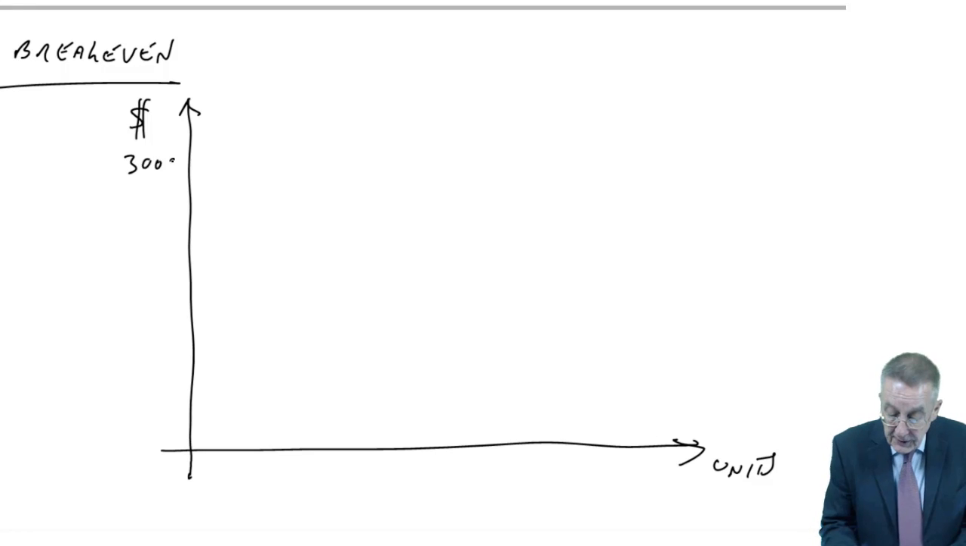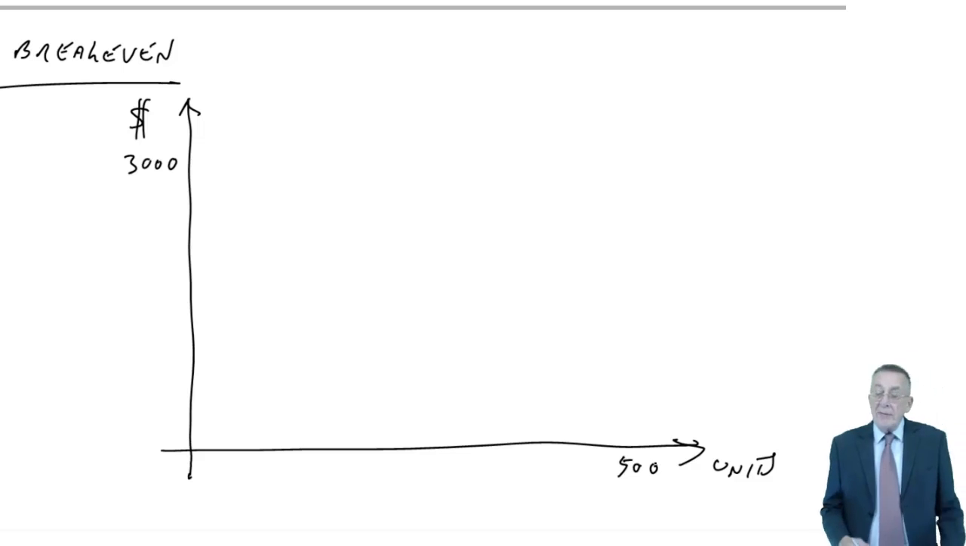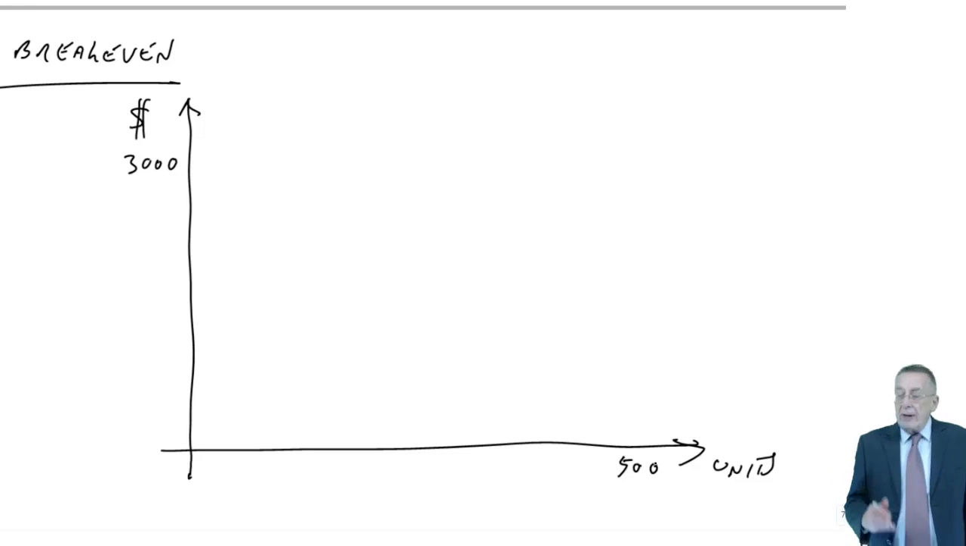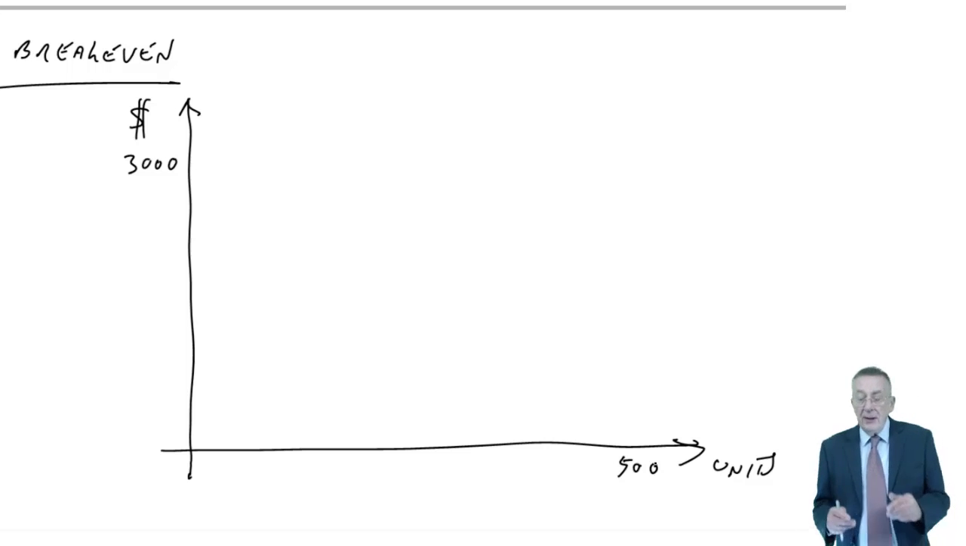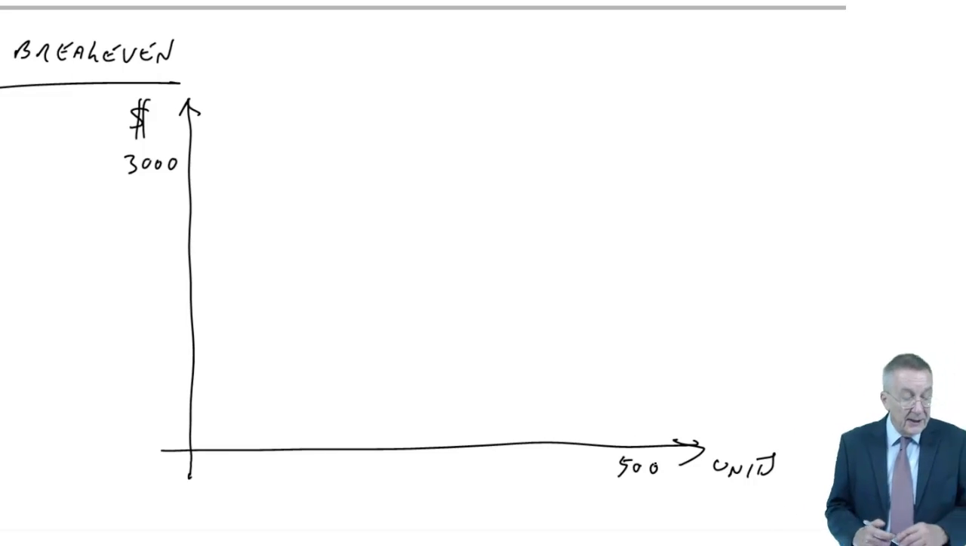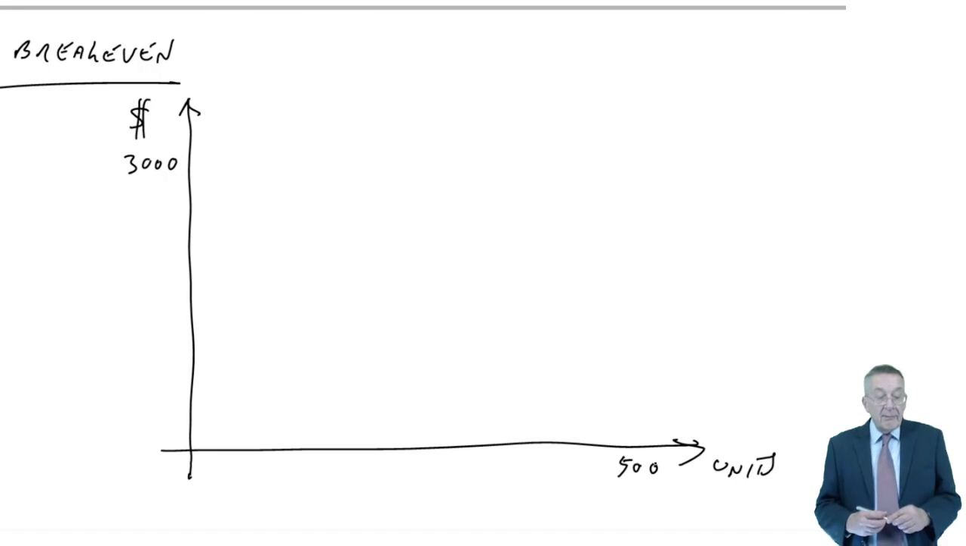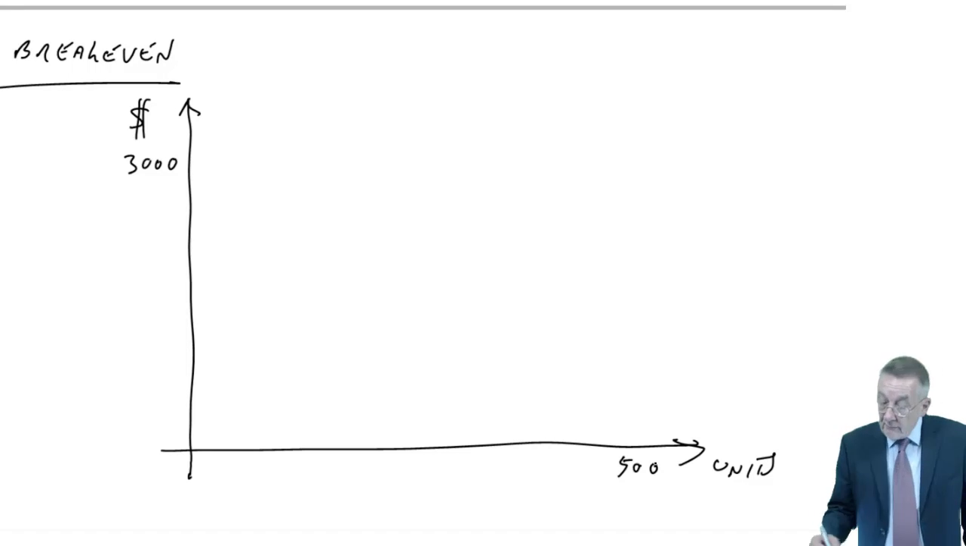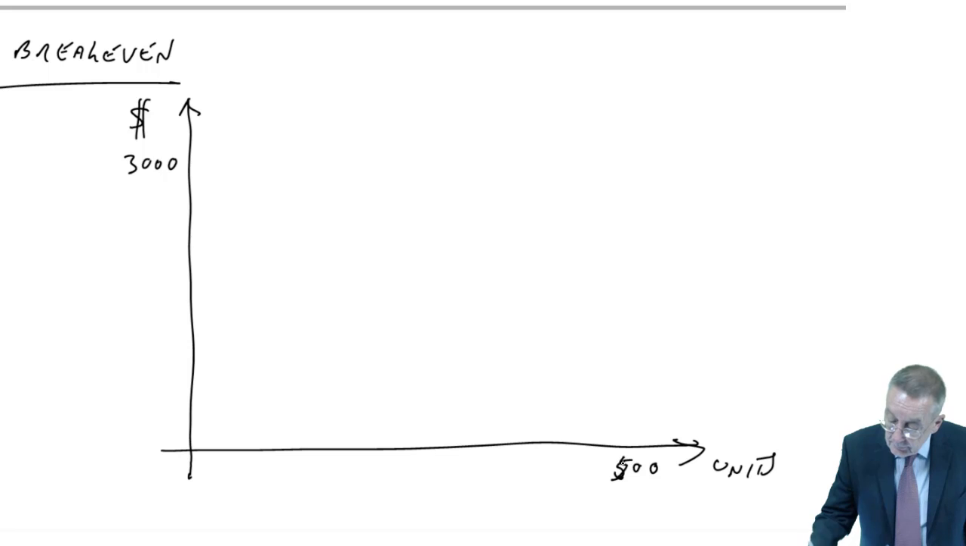I'll go up to 3,000 there, and I'll go up to 500 here, and I'll try and be reasonably accurate. But even in the exam, even if you were asked to draw one in the paper-based exam, you don't get given graph paper, usually. So it's a question of being neat. It doesn't have to be precise. But what will we do? First of all,